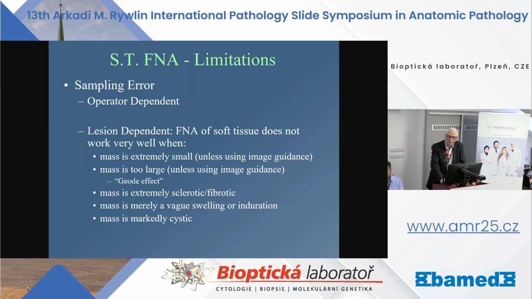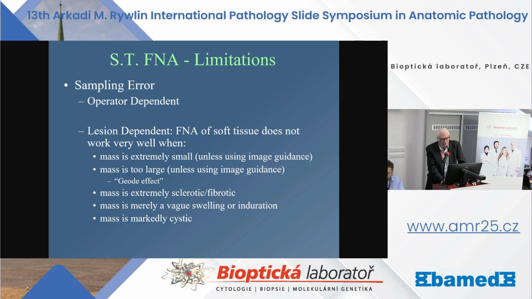What are the limitations? There are quite a few limitations. One is sampling error. This is operator dependent. This is not merely poking somebody with a needle and trying to suck back as much material as you can. You actually have to have a technique for performing this. So it is operator dependent. It is also lesion dependent, as you see here. FNA of soft tissue does not work very well when the mass is extremely small unless you use image guidance, or you have to have a discrete edge. I will show you a couple of images on masses that are 3 millimeters and 6 millimeters in greatest dimension